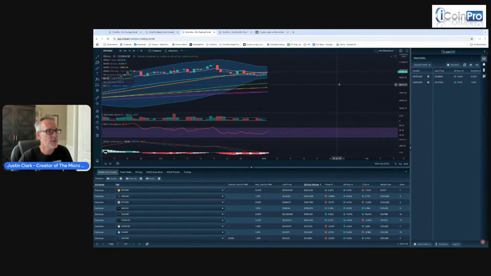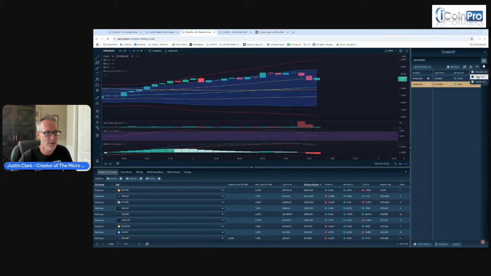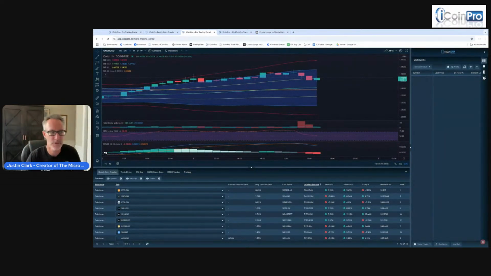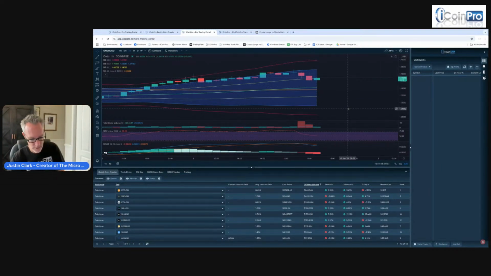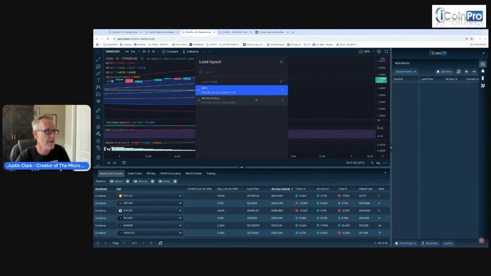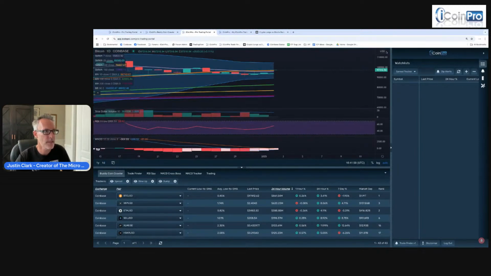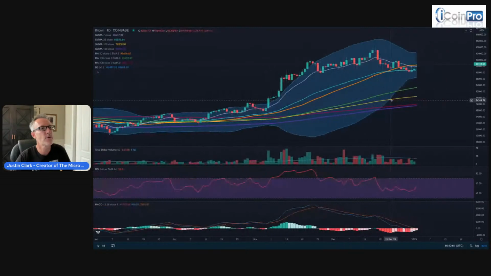And if we're taking a look at this chart, we're here in our software. It's called the iCoinPro Trading Portal. This is our custom software that we built from the ground up for iCoinPro. Nobody else has this, just for our members. So if you want to get this chart set up, pulled up here in the iCoinPro Trading Portal, what you want to do is you click on this little down arrow, click on Load Chart Layout, and then click on MA Momentum. All right. And we're going to be looking at the 1-day chart for Bitcoin